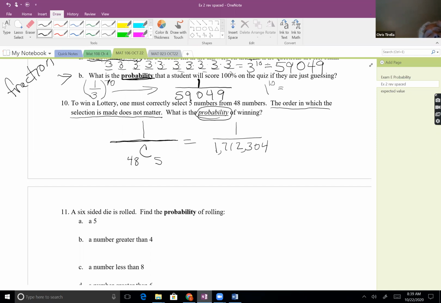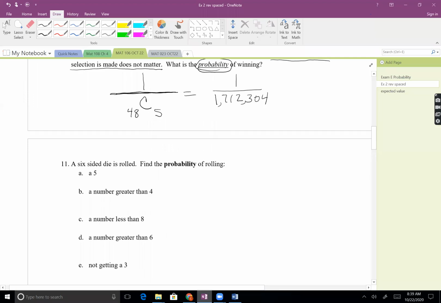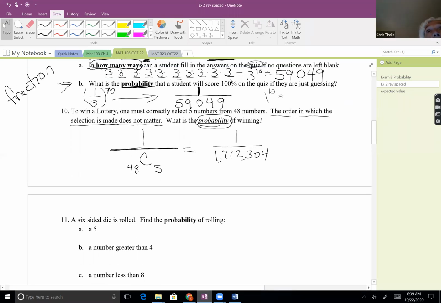Again, because some of these questions have parts A and B, these 10 questions are probably about a dozen or so questions on the test split up. Wait, how did you get that one? Because it said one must. There's only one winning combination of numbers. Okay, all right. And I promise, I think the one on the test initially looks like that white ball, gold ball one, but we're only looking for one winner on the test.